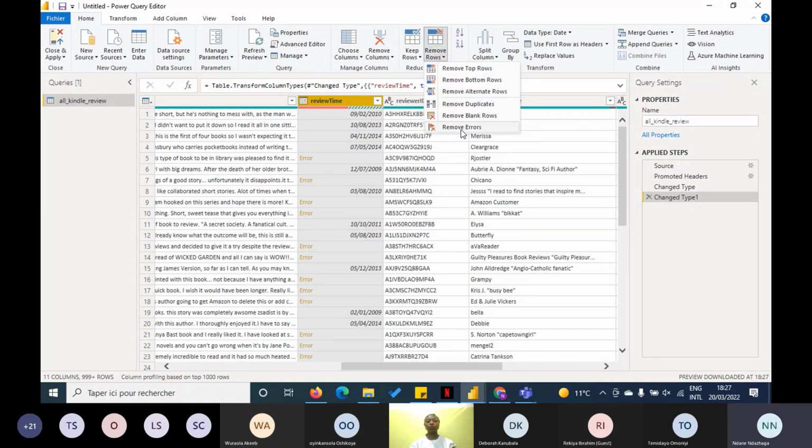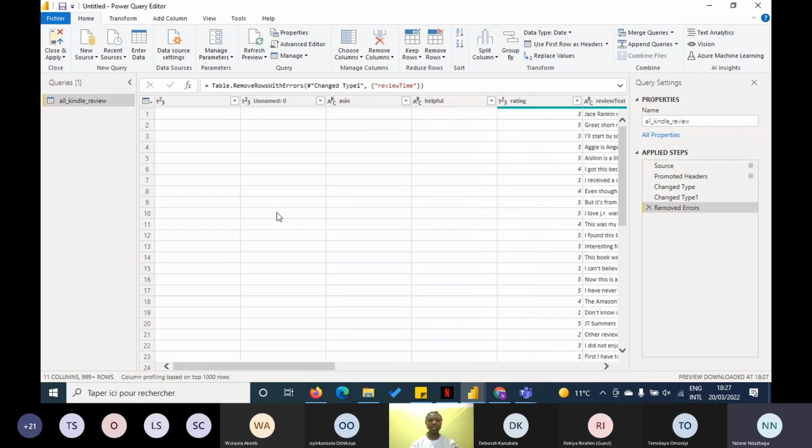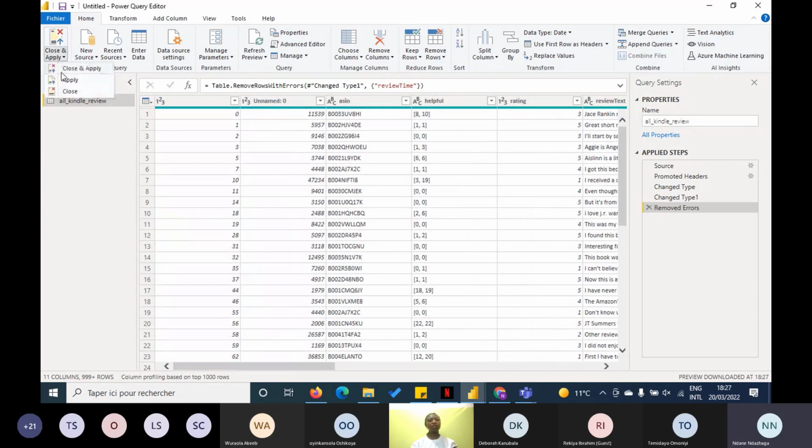But if you're doing it on your own, you may want to check if it's necessary to drop these errors, or you may have to find another way to pass through the data set so that you do not find yourself dropping data that is useful. So you just drop errors for the purpose of this demonstration so that we can have a cleaner data set to work with. Then